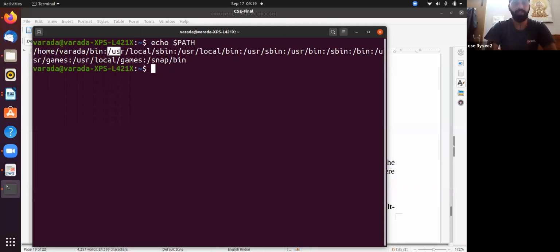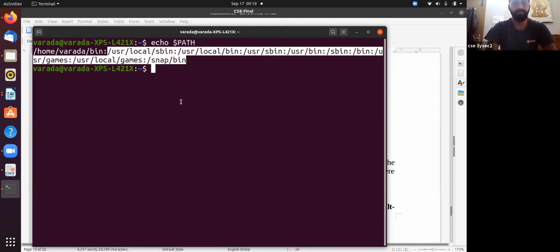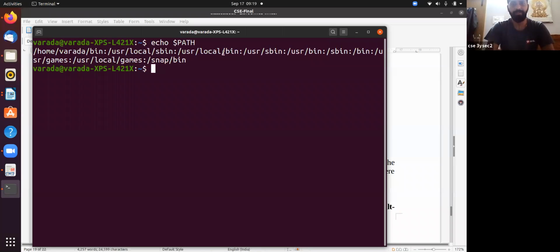By default, this is the path: /usr/local/sbin, /usr/local/bin, /usr/sbin, /usr/bin. So there is a usr directory, and in that directory there are bin folders. These bin folders contain some commands. ls is a command.